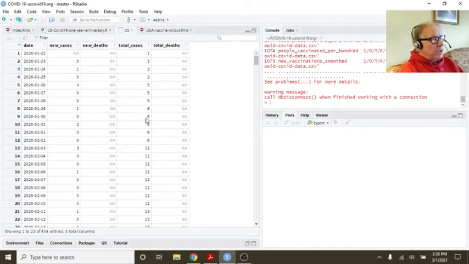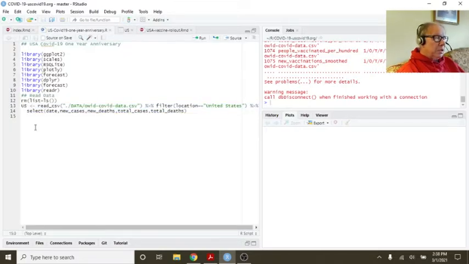Once you know the total cases, how they go continually upward, that's because these are cumulative totals. So what this means is there was one case on the 22nd. There were no cases on the 23rd because 1 plus 0 is 1. Then there was one case on the 24th, so it's 1 plus 1 is 2. Okay? So now what we want to do is,